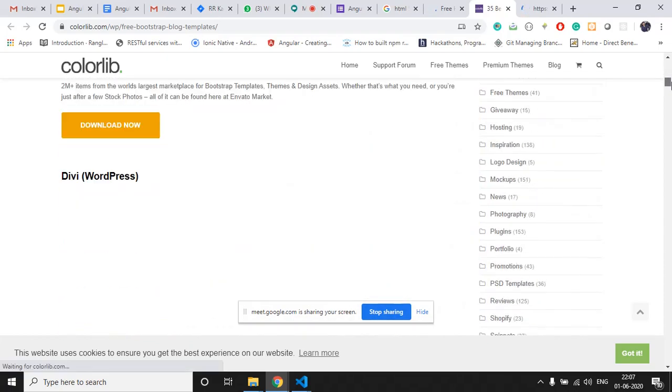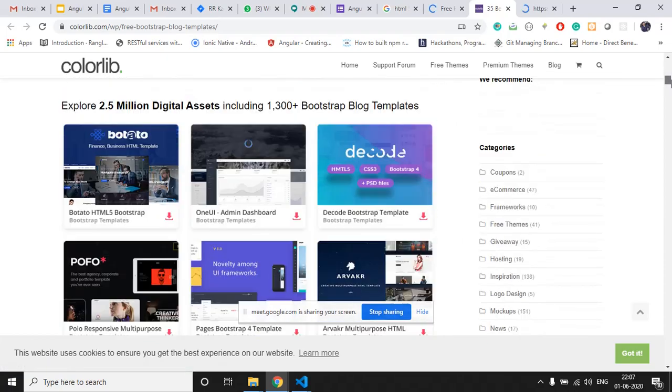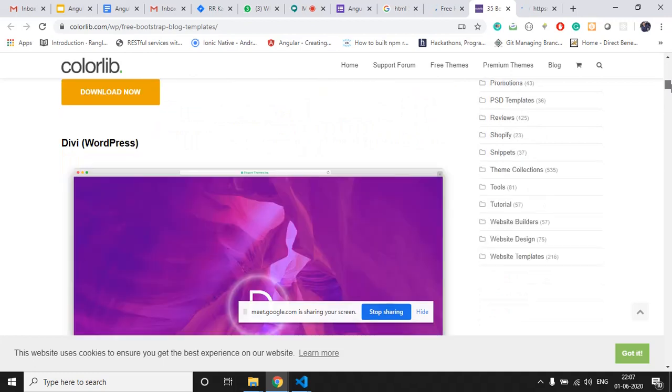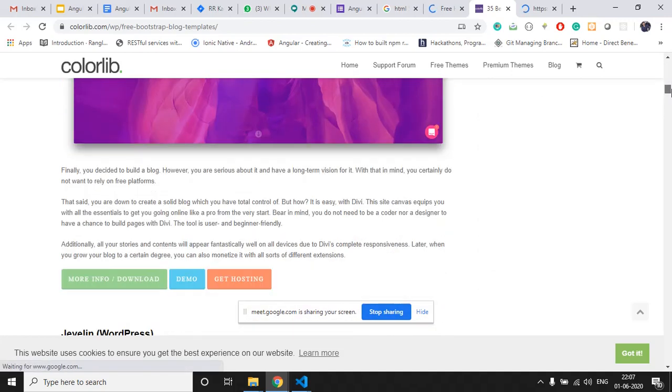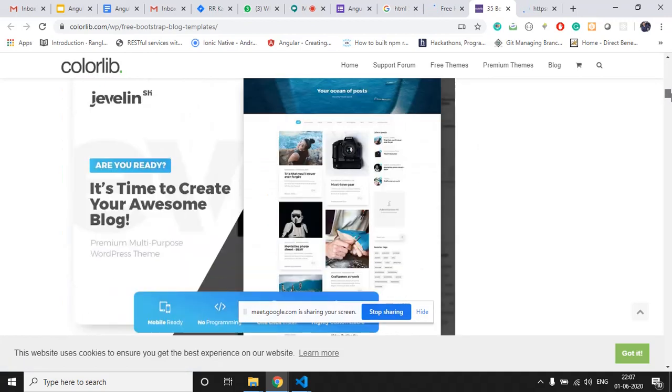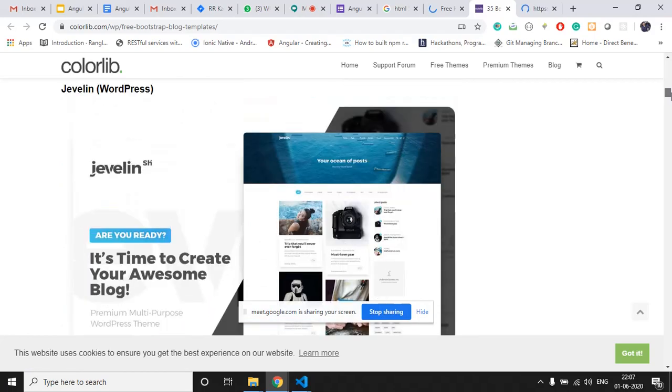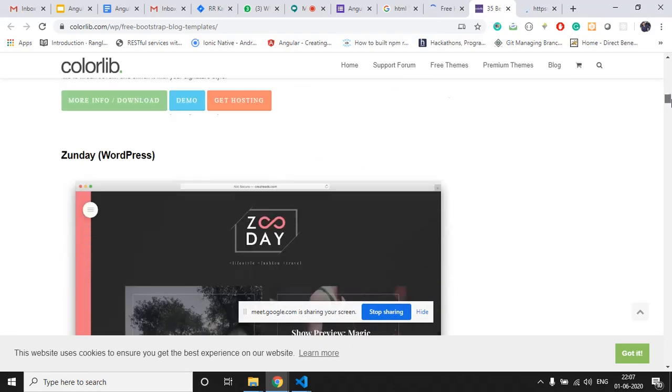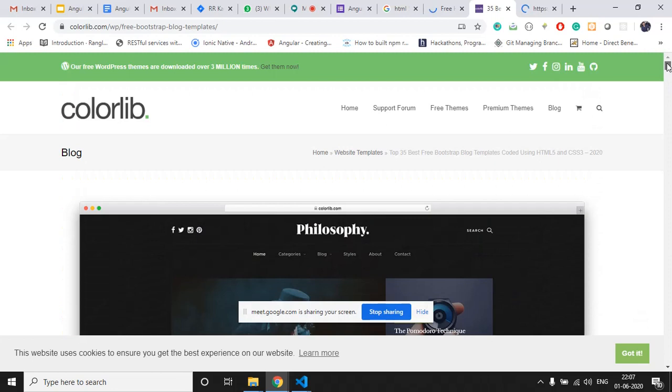Here also we can find templates. These are all HTML, free themes, or inside the WordPress theme collection.